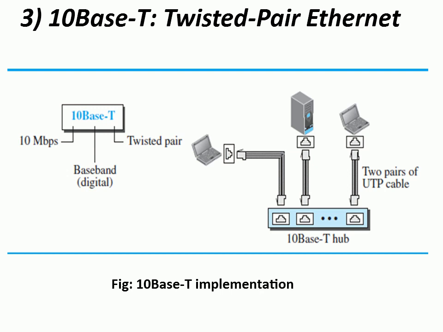And the maximum length of twisted cable here is 100 meters, right? That is to reduce the attenuation. What happens if the cable length exceeds 100 meters? Then the attenuation will happen. So in order to reduce the attenuation, we maintain the maximum length of this twisted cable as 100 meters only.